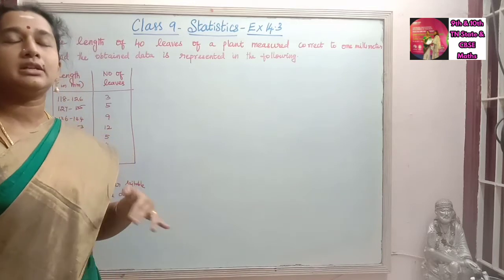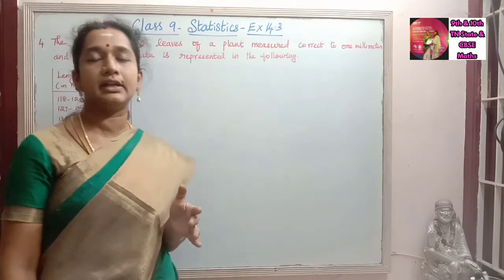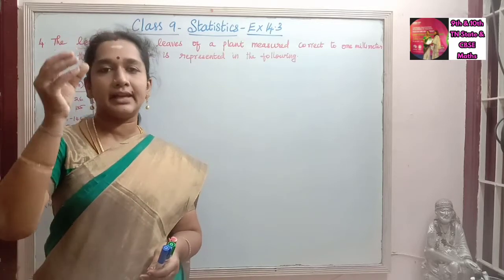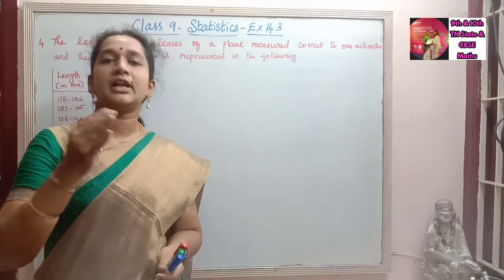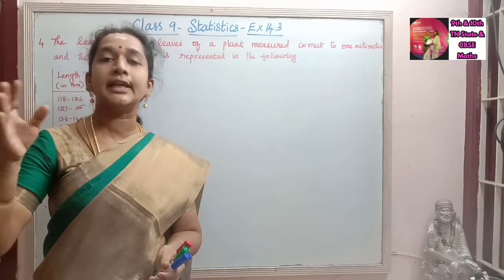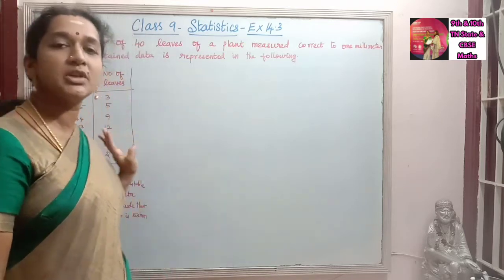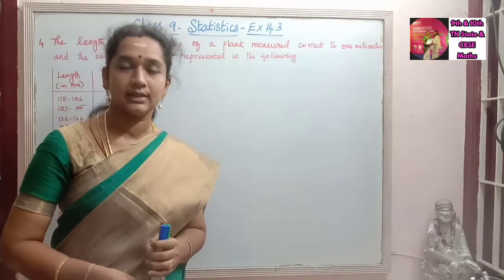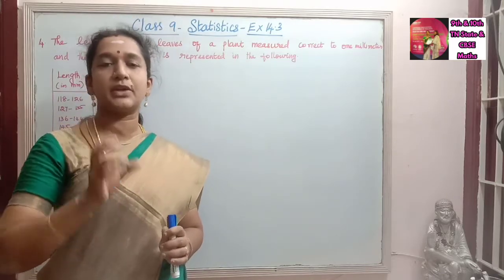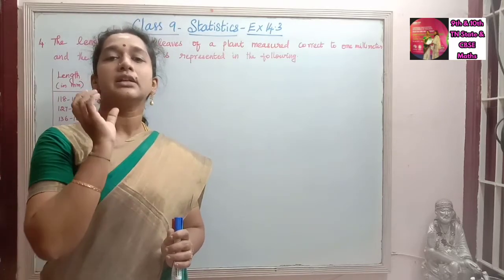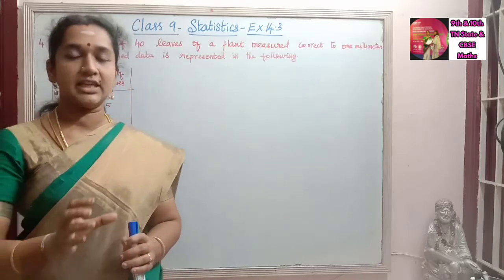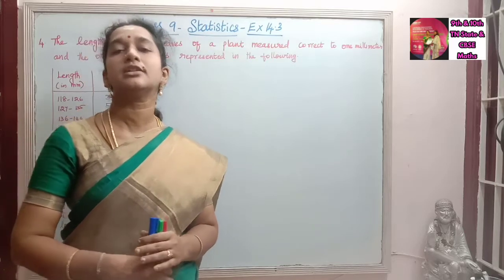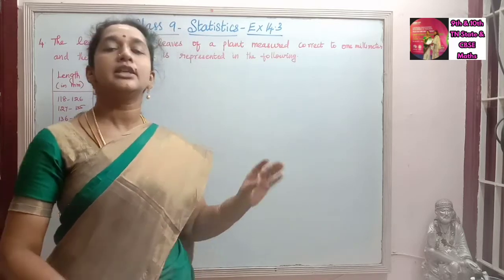So histogram. Till the previous sum we did a bar graph, in which the information and the data will be given, and we plot it in the bar graph. So this one is a histogram. This is for continuous classes. If the frequency of the class intervals is given continuously, we will draw a histogram. For continuous class intervals, a histogram is drawn.